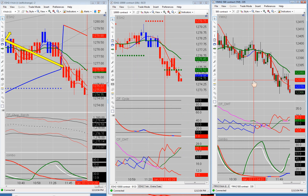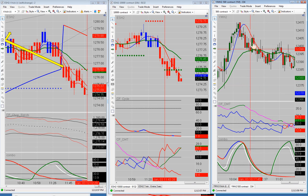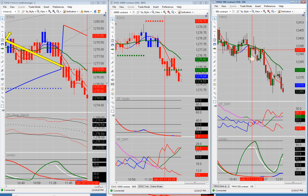The YM, while all that was happening on the ES, had a pullback down to the BBC, and it went up to the MA1. It filled the window of opportunity right here. All right, that was 405 down to 97. So it wasn't that many ticks. It was only about 8 or 9 ticks. We weren't looking to trade the YM at the time because we were sitting in our investment over there